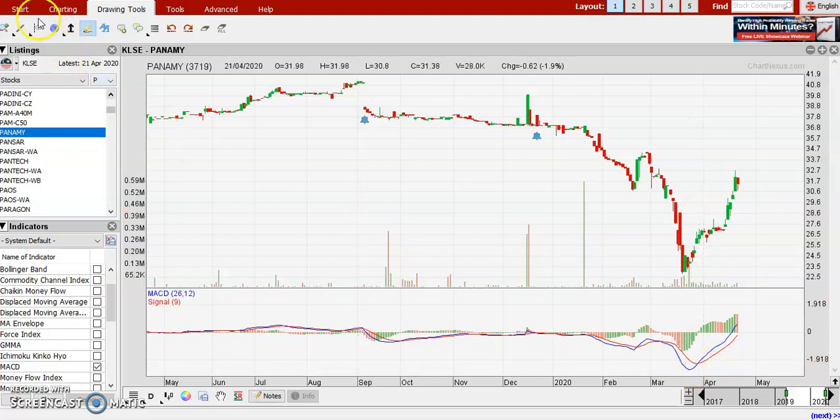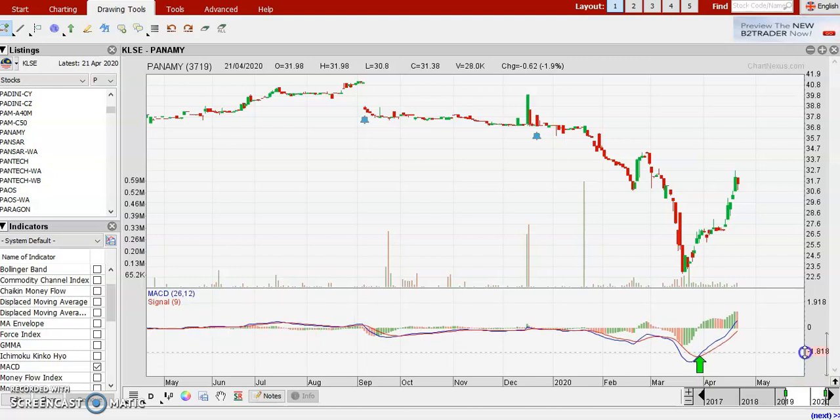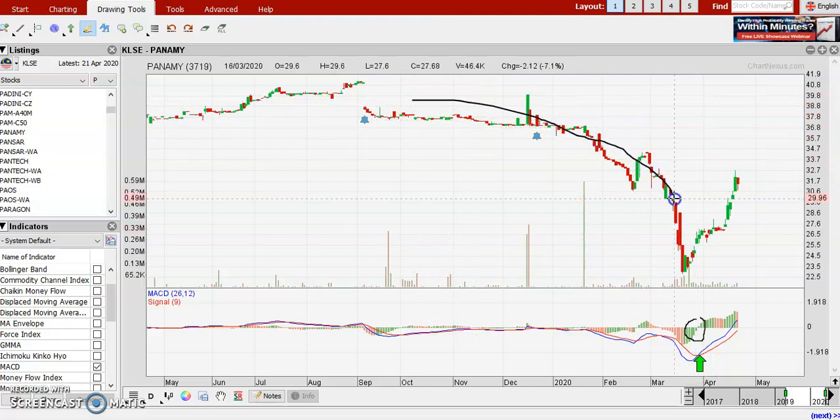the first buy signal appears over here, when the MACD line crosses above the signal line. So this is the first signal. If you look at the histogram, it also turns up, from below zero to above zero. But since we know that this stock is in a downtrend,